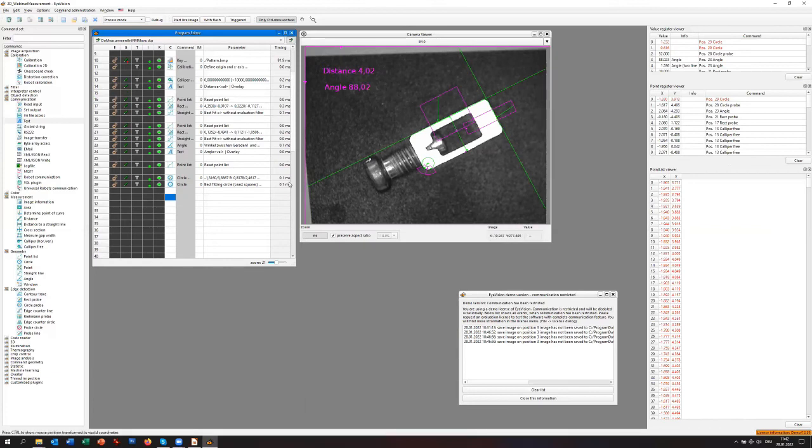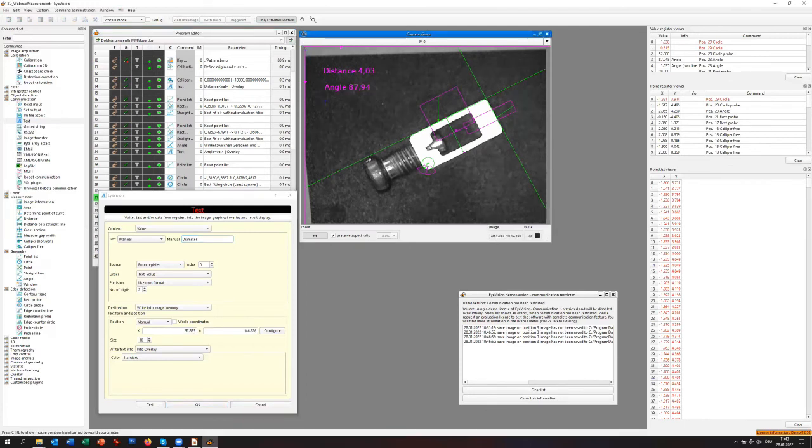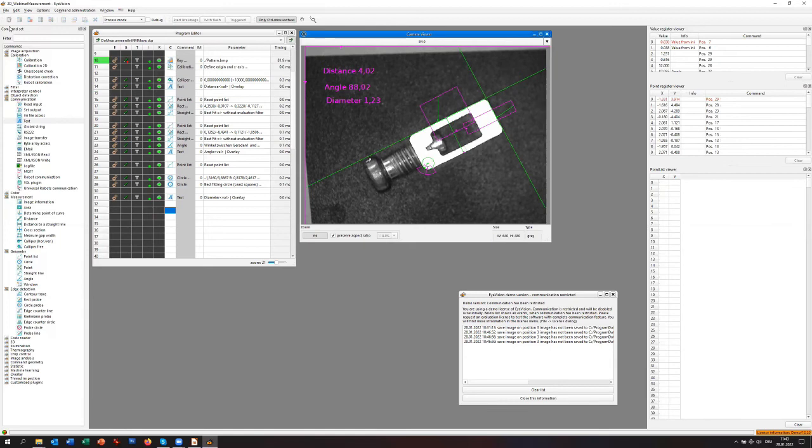You could put it also nicely to the field of view, and additionally here we can display then with the display tool also the diameter. Diameter, and of course we want to see it anywhere here. And therefore we now have these three values, and we can run it and we see, okay, the diameter is